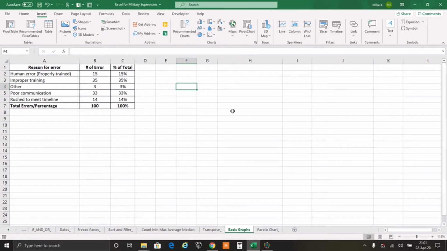The first thing we're going to do is create our bar chart. So we have a table here that has 5 different types of error that we've seen across our unit lately, the number of times that error shows up, and the percentage of total errors that that individual error is. For our bar chart, we're going to select our reason for error and our number of times that error has